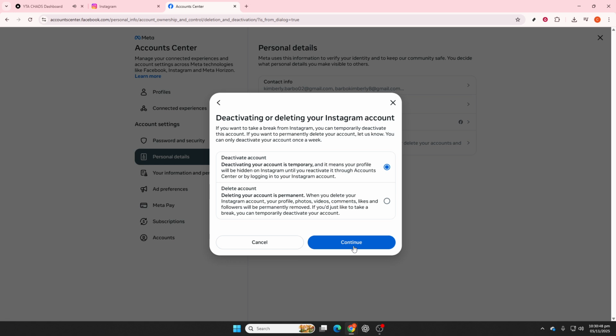No one will be able to see your profile, photos, or any of your activities until you decide to log back in. That's it! Your Instagram account is safely tucked away, ready for when you're refreshed and eager to dive back into the digital world. Remember, this is only a temporary solution, and whenever you're ready, you can simply log in to reactivate